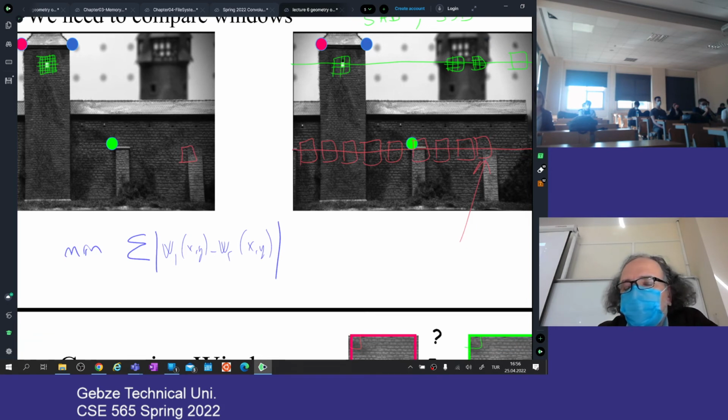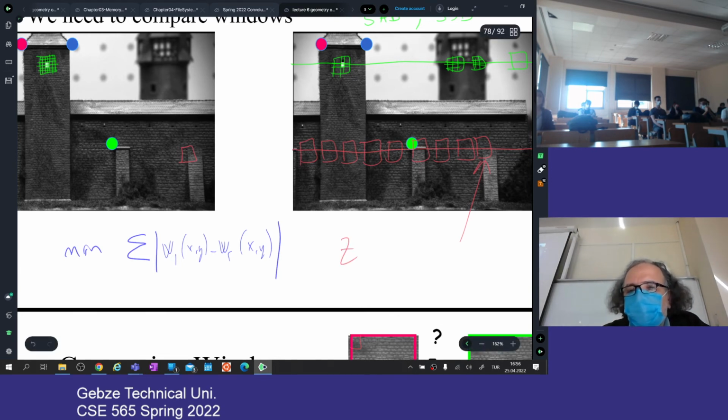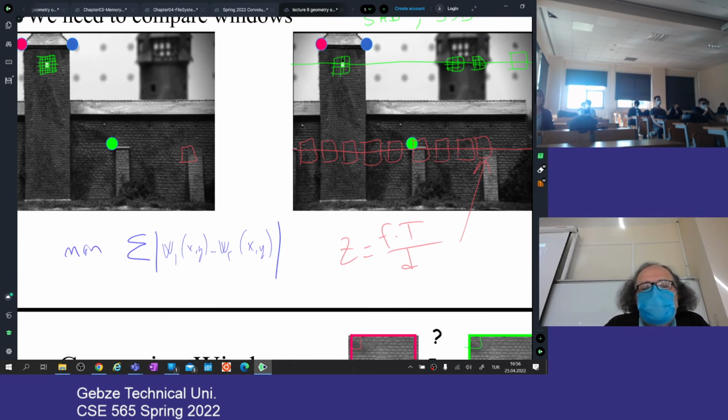And that will give you your correspondence. Once you have your correspondence, you have your disparity. Once you have disparity, you can calculate this f times t over d, your depth value. Or from the disparity again, you can calculate your projected